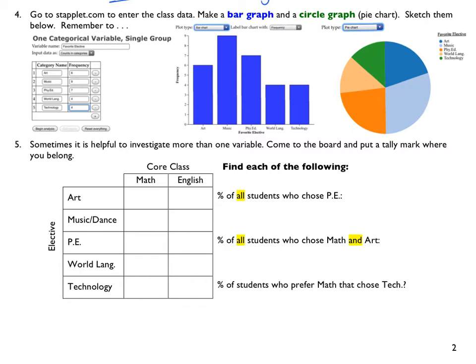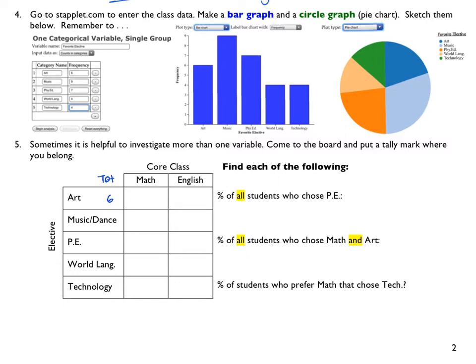It says, sometimes it's helpful to investigate more than one variable. That is definitely true. It helps us to see the relationships between things. Now, it says come to the board and put a tally mark where you belong, but what we're going to do is, again, take the kind of fake data that I had collected, and we're going to say, out of the 6 students, I'm just going to put a little total column here,